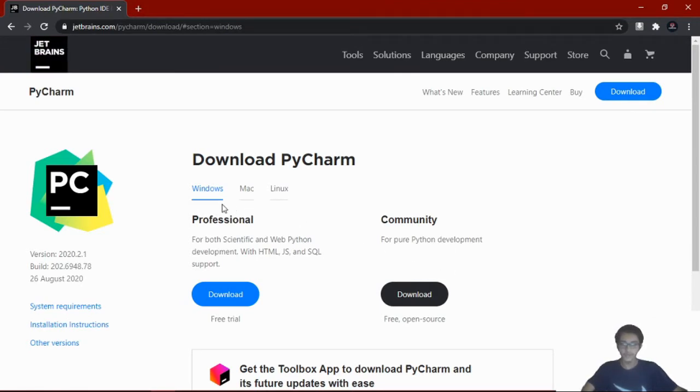So here we have the Professional and Community, and we have other options for operating systems, but for me I'm going to use the Windows operating system. The Professional is promoted, it's paid, but the Community is free. It only has pure Python. So I'm going to download the Community version,